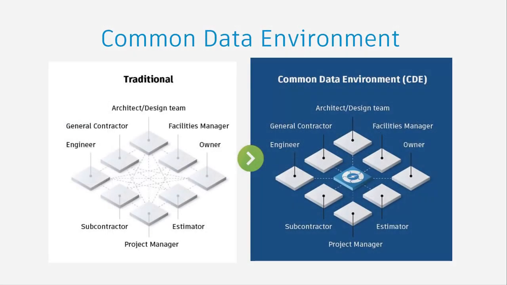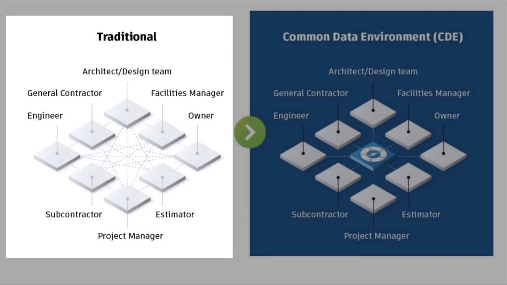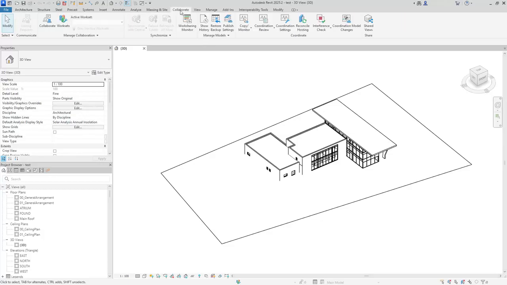Historically, that may have been done via email. In this example, you'll work for the company that has a naming standard applied to their folder, and in this example, that is either the lead appointed party or the contractor company. To create a work shared central model on the CDE, that's what allows you to work collaboratively with the others in your team. On the ribbon, on the Collaborate tab, and on the Manage Collaboration panel, click Collaborate to begin